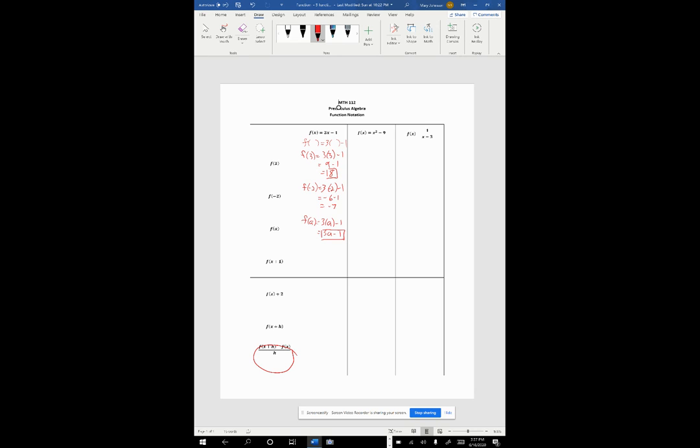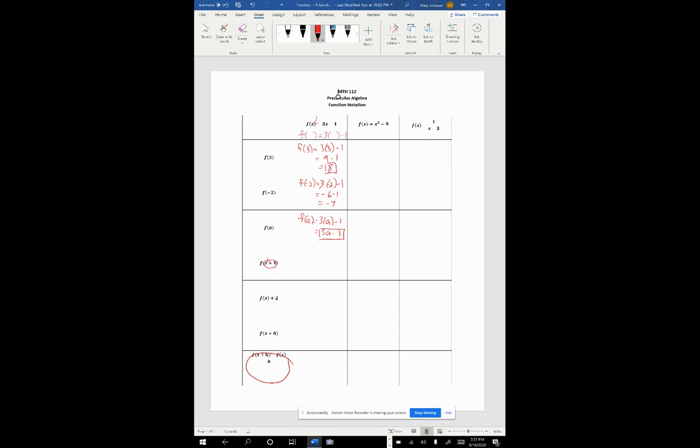All right, it's really important that you don't get the x that's up here mixed up with the x that's down here, okay? That's what can sometimes be a little hard at first. See, the input to the function is actually the whole entire x plus 1. So we're going to do f of x plus 1. It's going to require using x plus 1 as my input and then subtracting 1. So that x plus 1